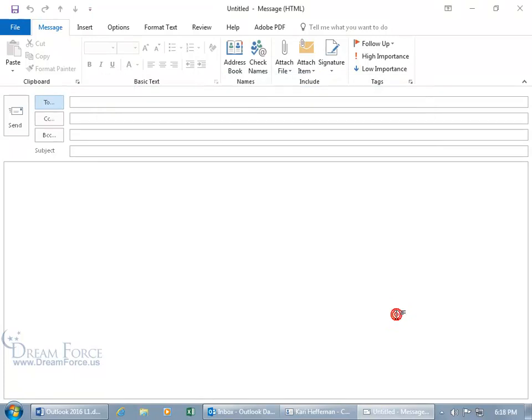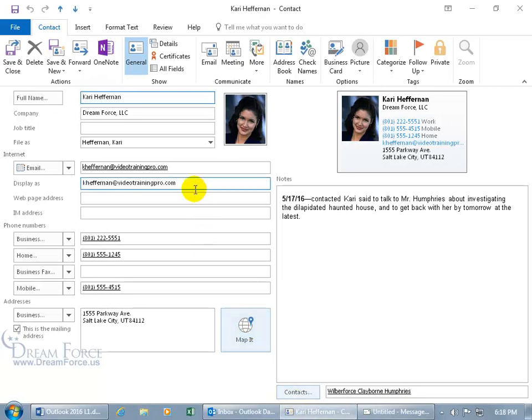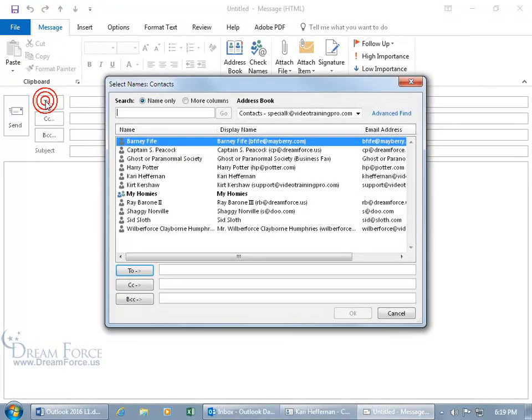Let's go ahead and click cancel. Go back down below, click on contact, and then delete that, and then type in her name, hit the tab key, be sure to save our work. Well, let me just click save. And then we go back to our email message, click on the to field, and then down below, do you see